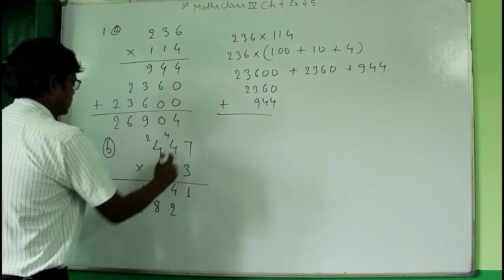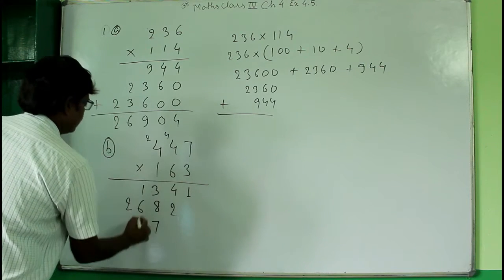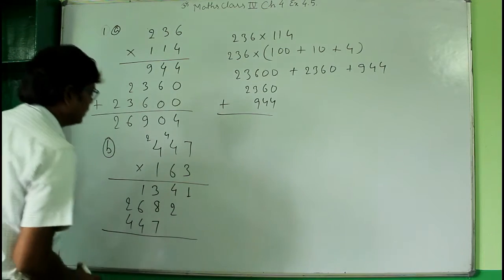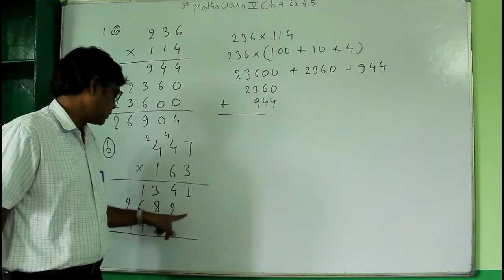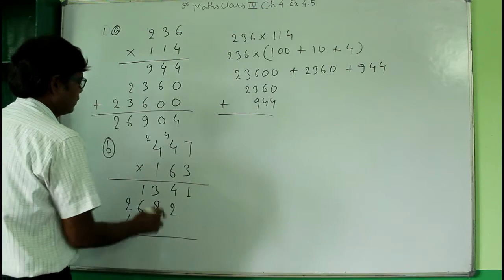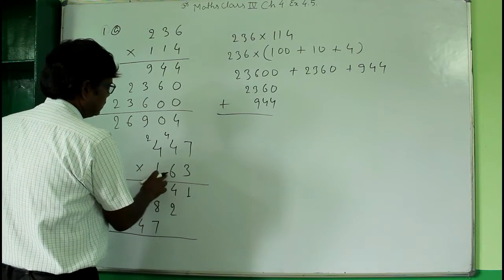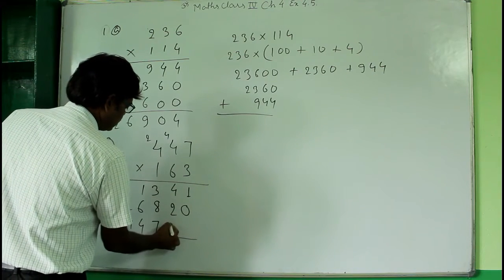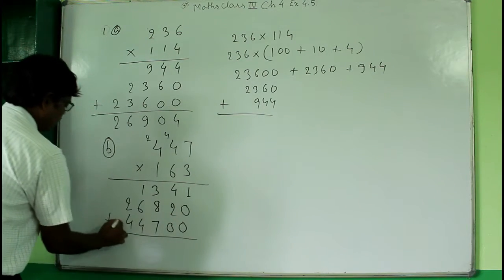And then 7 1s are 7 here and 4 1s are 4 and 4 1s are 4. Okay. Now see here that I have left this place and here 2 places here. Actually here because this 6 is at the tens place, so there should be a 0 here, and 1 is at the hundreds place, so there will be here 2 zeros. Okay. Now add this.